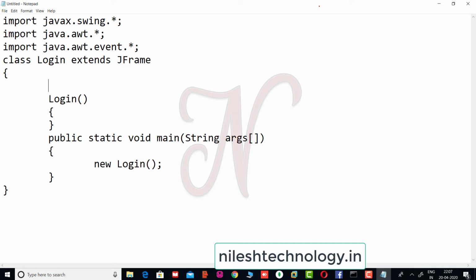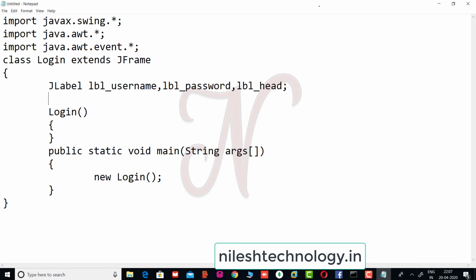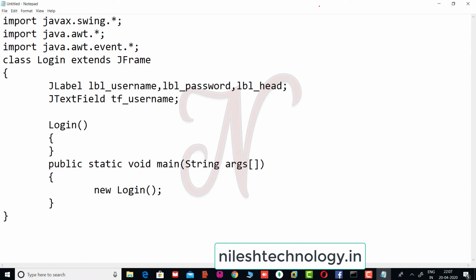Okay, declare here the 2 labels, lbl_username and lbl_password, and lbl_heading. Okay, then one text field, tf_username, one password field, pf_password.